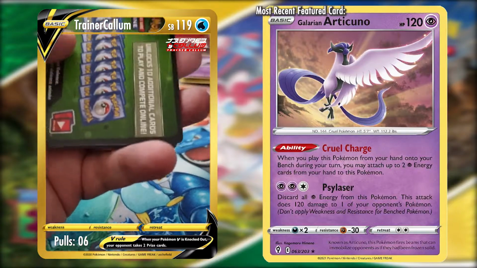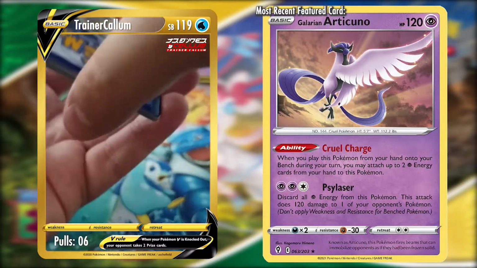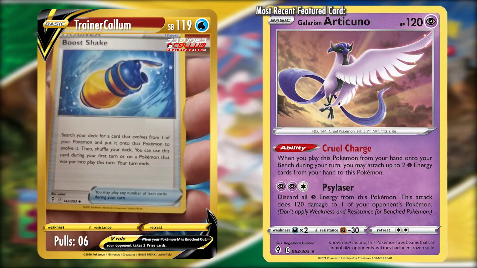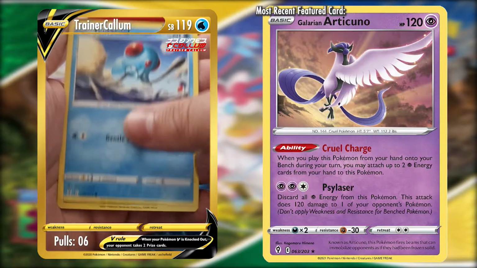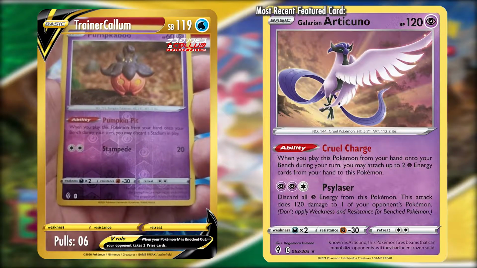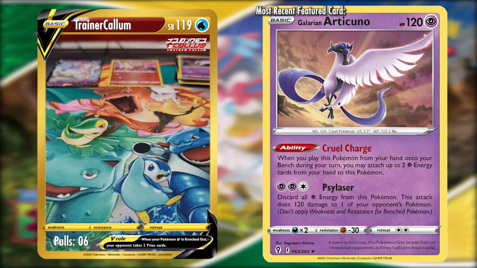Fusion Strike, we are told, features over 260 cards. We don't know to what extent those are secret rares, but if we look at Evolving Skies, which I'm opening here, and apologies if I get the number wrong, but I believe there are 72 secret rares in this set, or maybe 62. Either way, that's ludicrous, especially given that you are not guaranteed a single secret rare in a booster box, which means you can buy